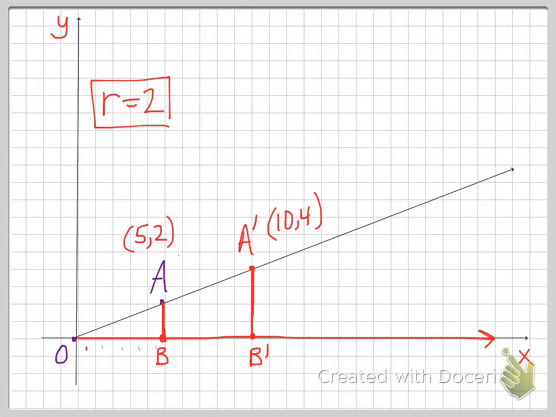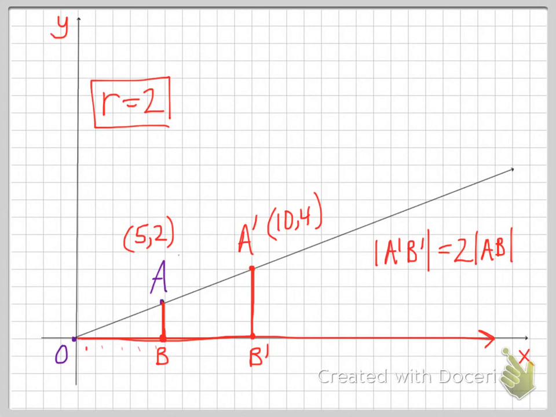In other words, is the length of segment A prime B prime equal to 2 times the length of AB? Okay, because we doubled the segment down here on the x-axis,